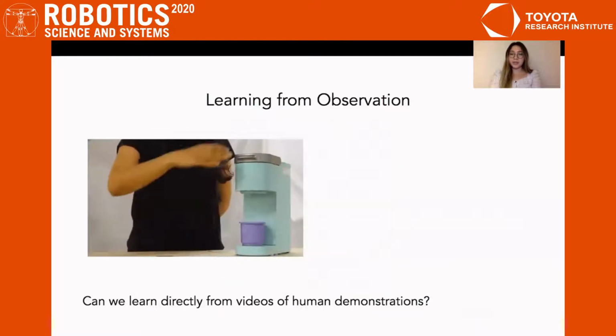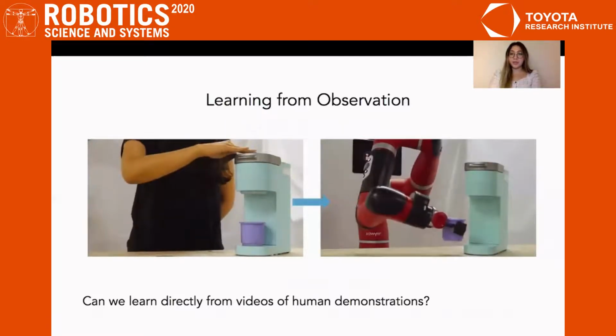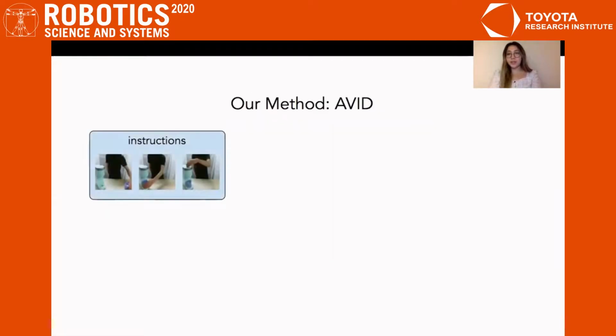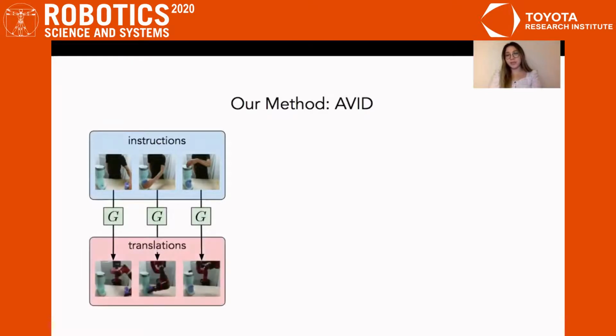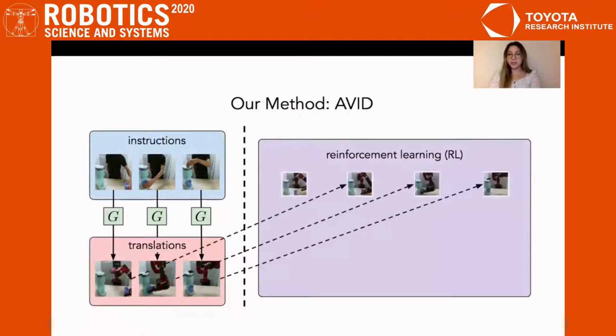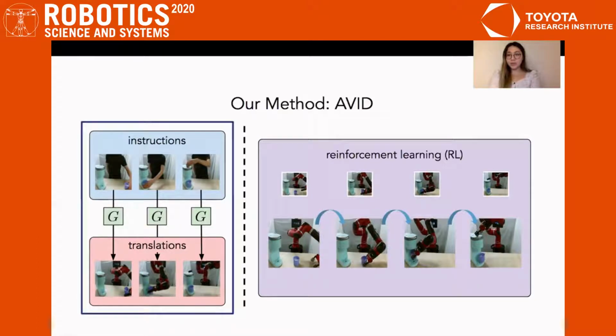We consider a setup intuitive for human operators and propose a method by which robots may learn directly from videos of human demonstrations. To utilize instructions from humans, we first turn them into something that the robot can learn from, by means of image translation. We then take important frames from these translated videos to make an instruction manual for the task. We train classifiers on these instructions and use the log probability under that classifier as a reward to be used for reinforcement learning.